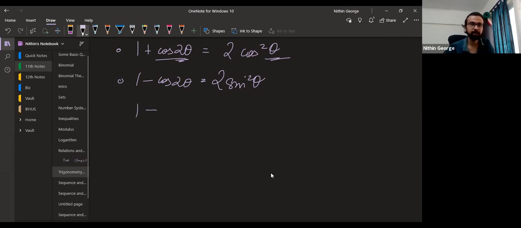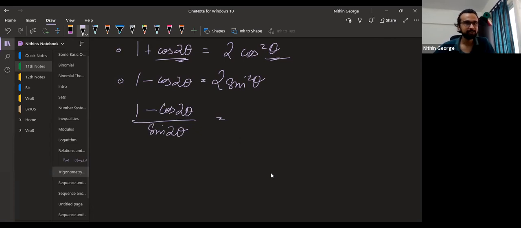another way of writing. Oh, let's not spoil the suspense. 1 minus cos 2 theta by sin 2 theta. What will the answer be? 1 minus cos 2 theta by sin 2 theta. Please look at it and place it. Don't write and calculate it out. Try to look at it, try to cancel out terms in your mind, and then tell me the answer.